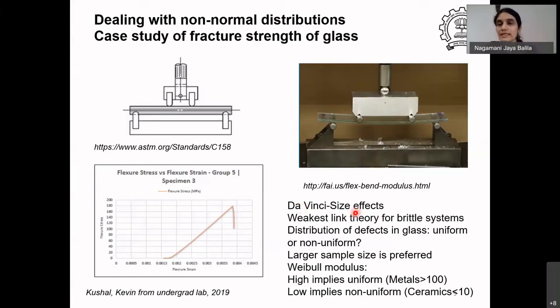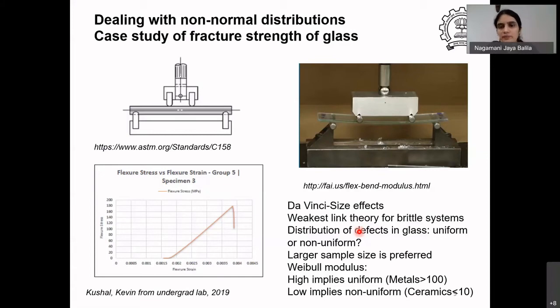But all said and done, it brought about this concept of size effects, like I was talking about yesterday also, smaller the stronger and so on. Similarly, this brought about a concept of size dependence of strength. From there, people have now come to what is called the weakest link theory for brittle systems. The probability of failure of a brittle system lies in its weakest link. Any system is actually full of defects. No material that you can make is a perfect system. Defects can be in the form of small pores or voids or impurities or second particles.